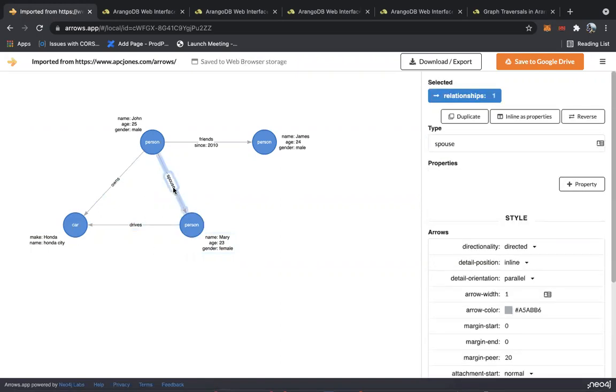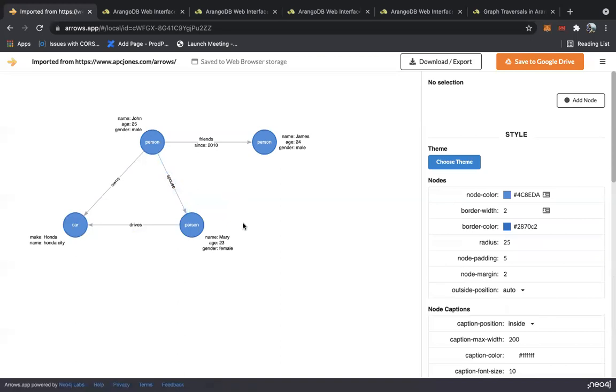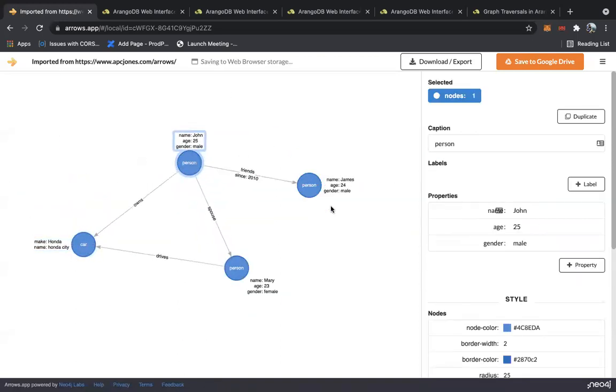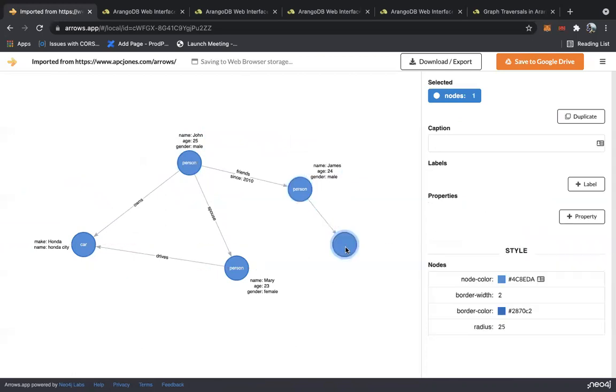Yeah, this relationship can have its own properties as well. So I hope you get the idea of what we're trying to do. So let's add some more nodes, and it might look like a proper graph. These are person names, let's